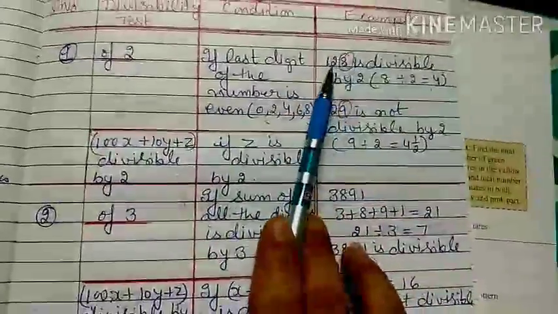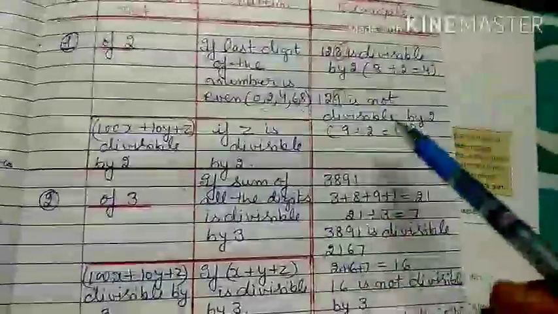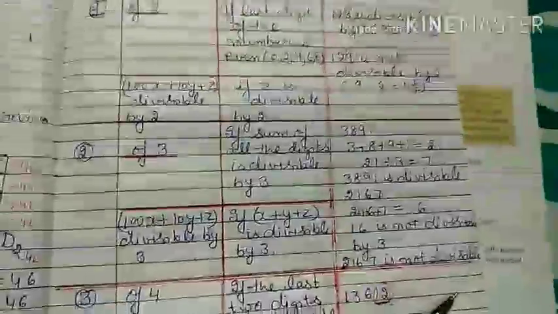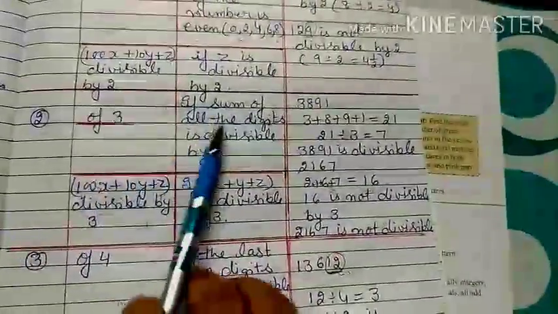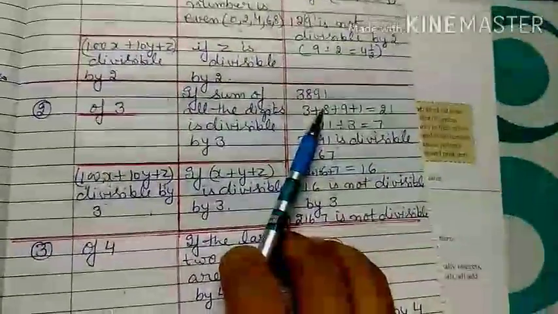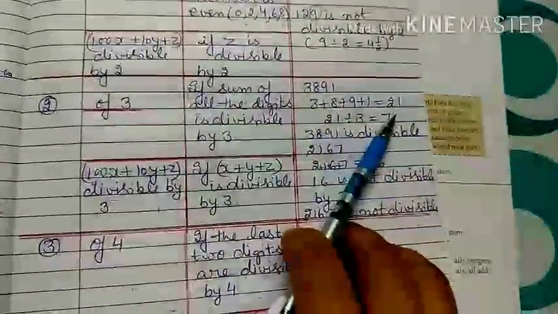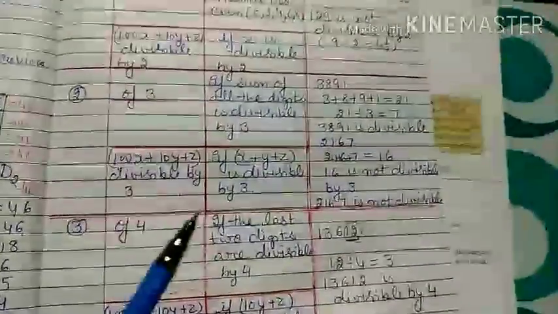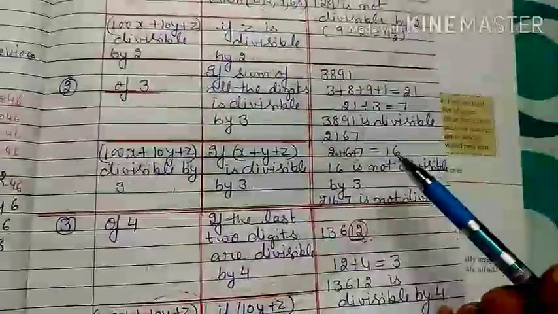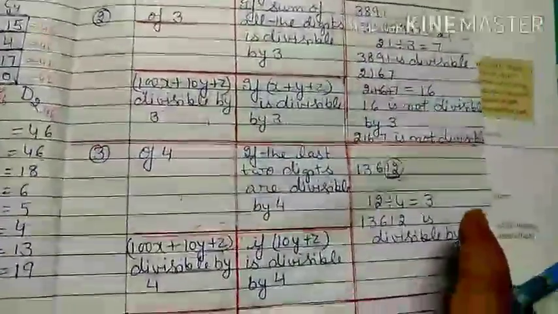The divisibility test of 2 is, if the last digit, the unit place digit, of a number is even, we can say that it is divisible by 2. If it is not, then it is not divisible by 2. And the divisibility test of 3 is, if the sum of all the digits of the number, same as for 9, since the 3 and 9 divisibility tests are the same. If you add all the digits of the number, and after addition, that sum is divisible by 3, that is true for the divisibility test of 3. Otherwise, if the sum is not divisible by 3 or 9, we can't say that the number is divisible by 3 or 9.